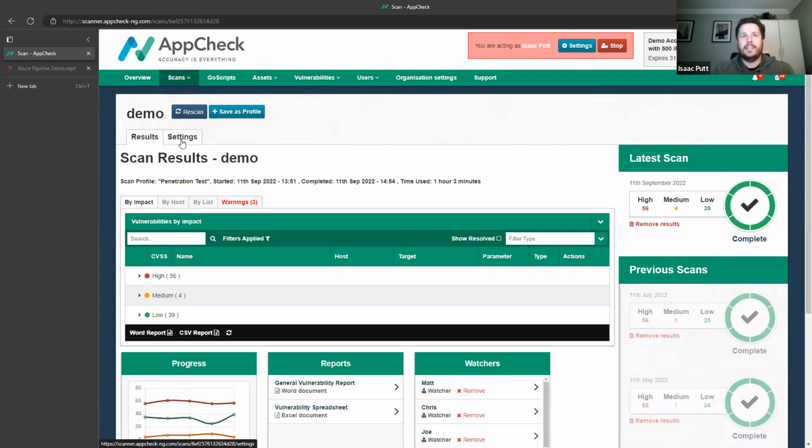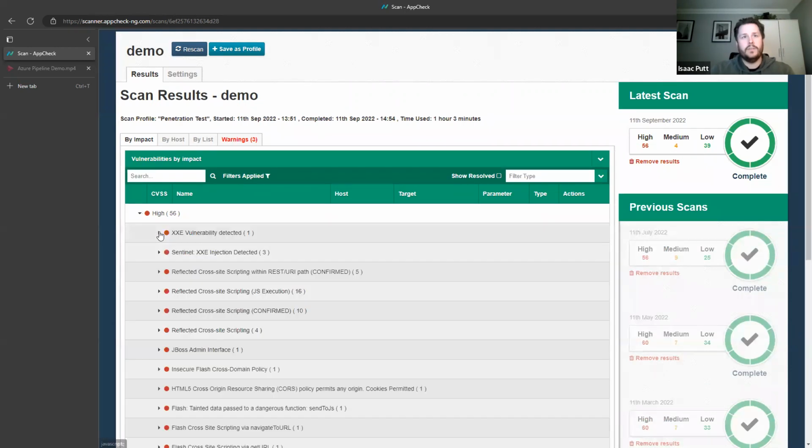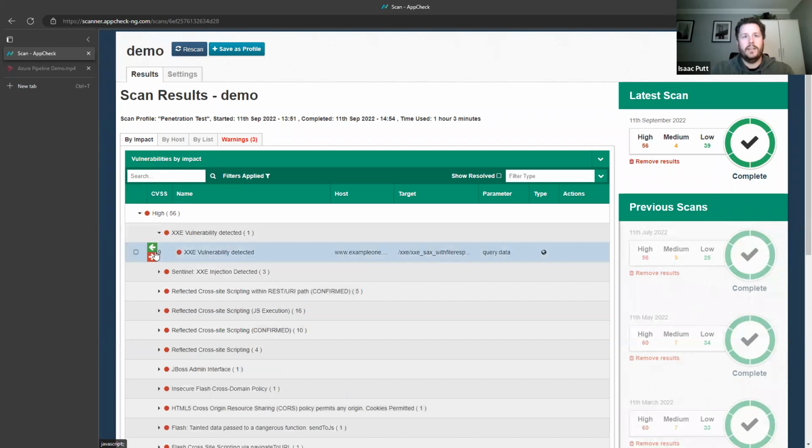So we can go into the settings of the test itself. We can always tweak and change this moving forwards if necessary. We've got the fact that it's a penetration test, when it was completed, how long it took to run. All quite straightforward stuff. But if I scroll down here, we then have a traffic light system of severity, as mentioned to you before: highs, mediums, and lows. This is all based upon the CVSS scoring of vulnerabilities, which if you filter down to that level, you can see the number there too.